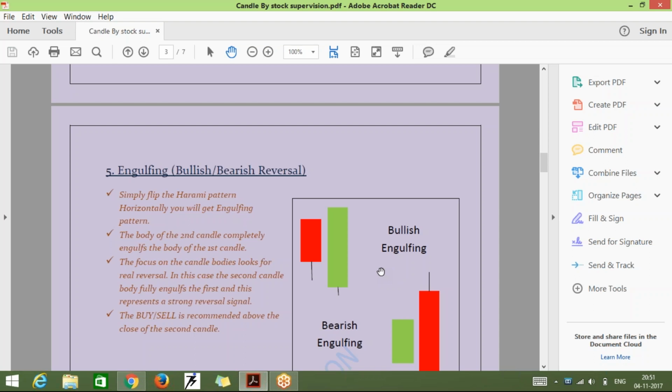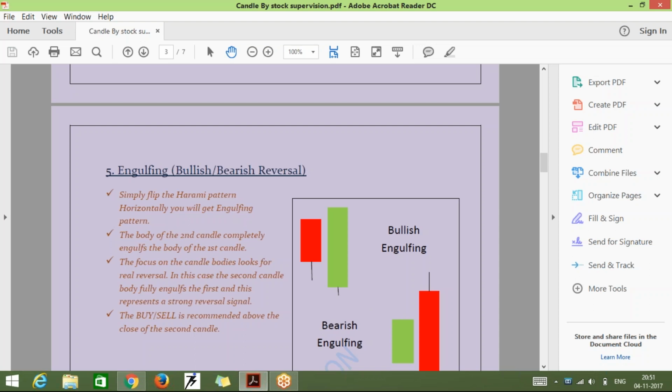For this engulfing pattern, let me tell you the trade setup. The bullish engulfing pattern evolves over 2 days. To take this trade, you need to wait for 2 days: the first candle is formed on the first day and the second on the second day. As I said in the beginning of the session, these are not for day trading. In 15-minute and 30-minute and lower time frames, you will find these candles frequently, but they are not useful.